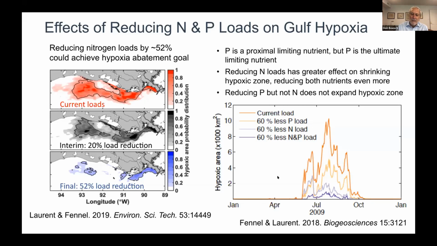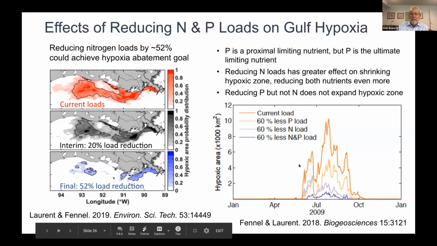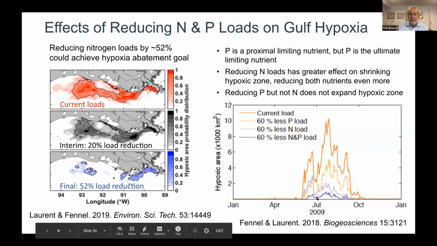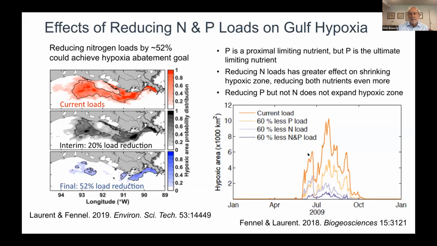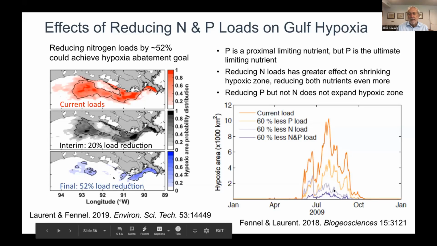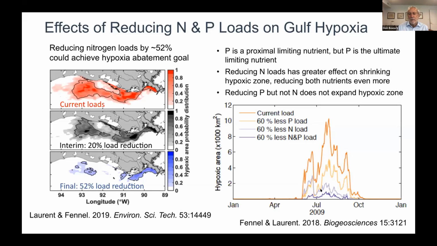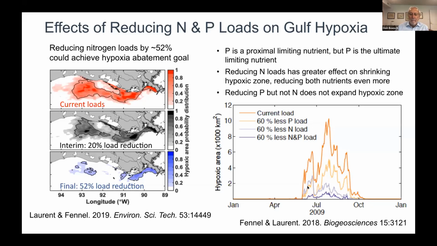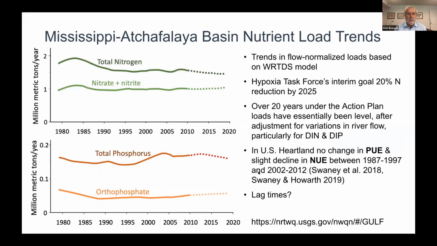So this is another interesting experiment by the same modeling group, which they basically said, well, let's just take a 60% load reduction. If we were to do that, here are the model projections over a year and how it would vary based upon the conditions that existed in 2009. If we just reduce phosphorus loads, we could reduce the extent of hypoxia like this. If we just reduce nitrogen loads, it would be here. So you see nitrogen reduction is more effective than phosphorus reduction. But if we could reduce both, we would get even more. So the new thinking is, how do you actually balance these two and work towards those objectives in the long run? Now, having said that, I don't have a lot of good news to show you,